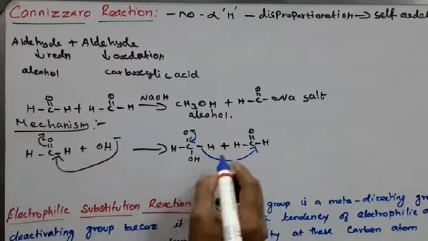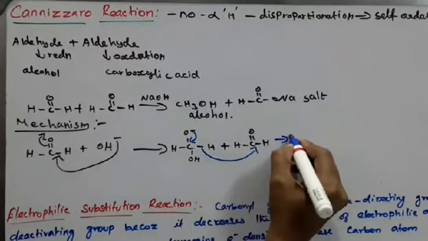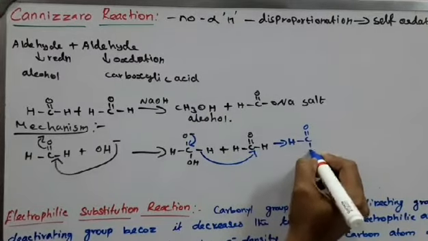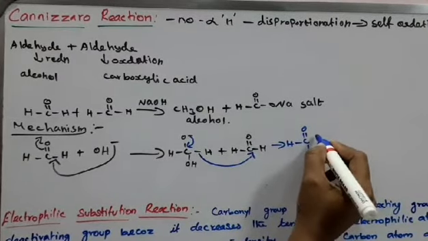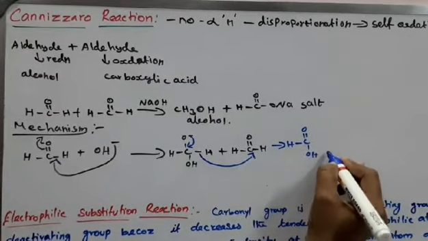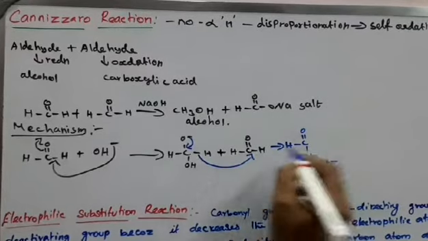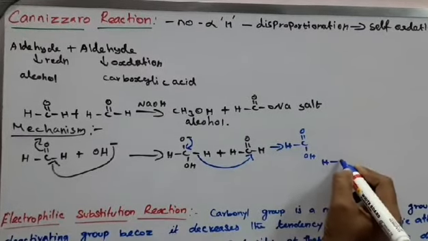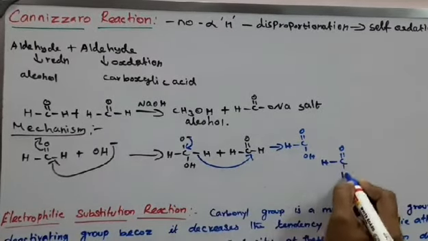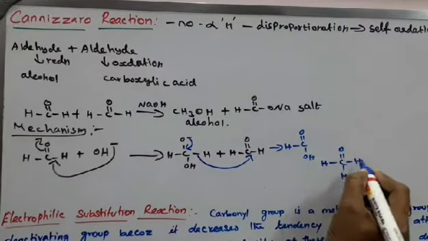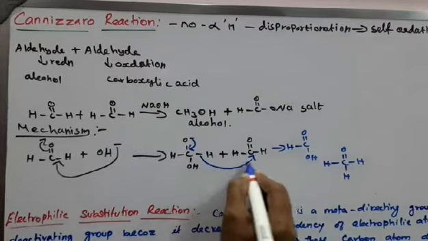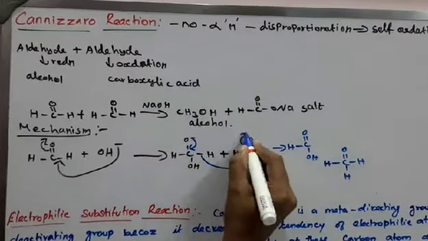Okay, this bond shifted to here, so what do you get? HC double bond O and OH. Here you see that H, for our convenience we have to write like this, HC double bond O, and this H is coming here. So at this time the attack takes place, and it automatically undergoes carboxylate ion formation.